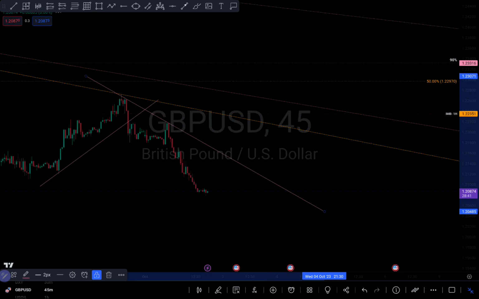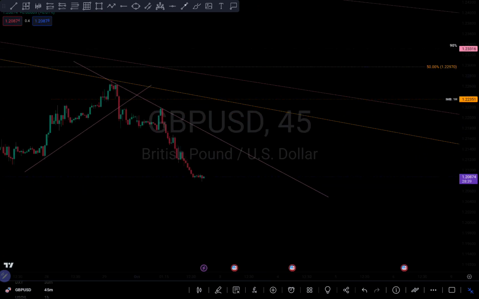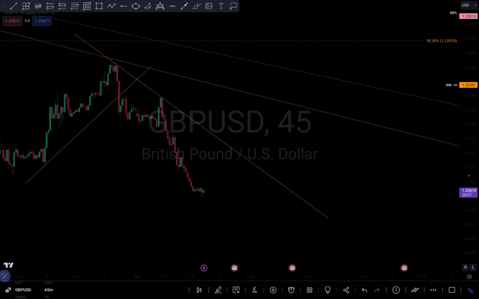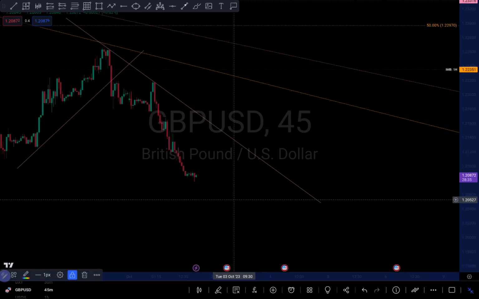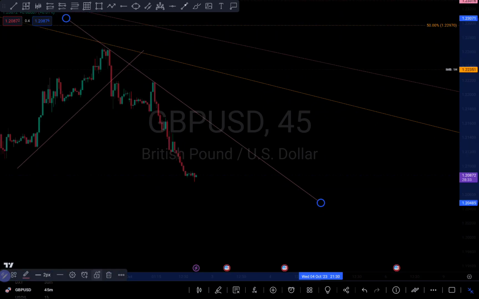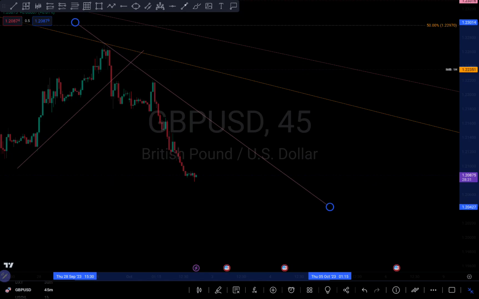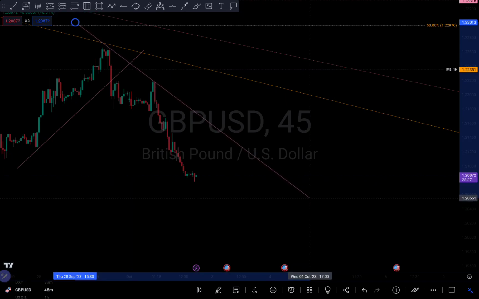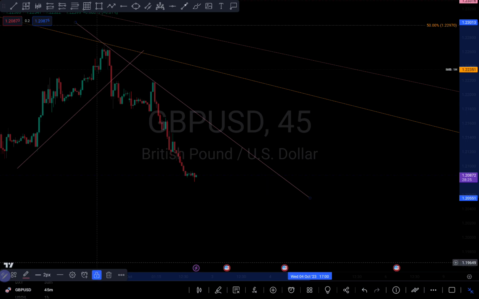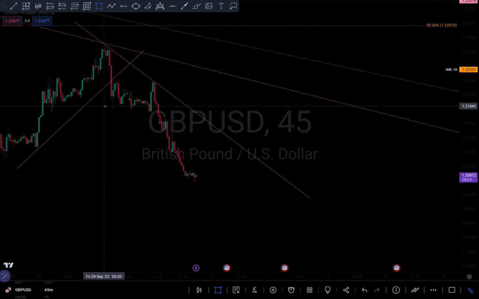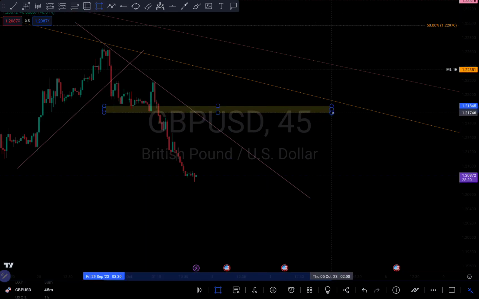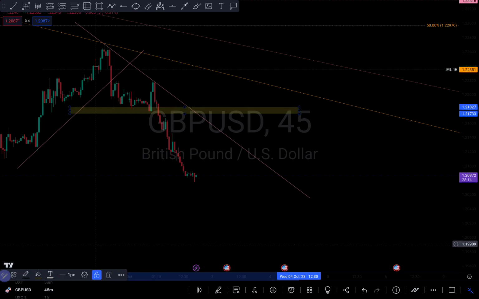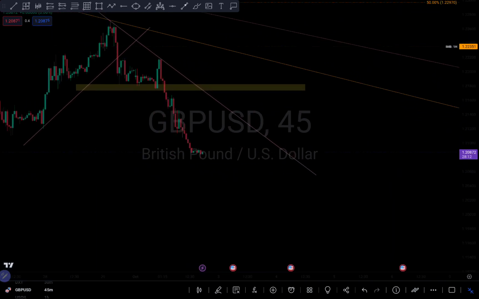So this is why I like top-down analysis, guys. It just simplifies what happens. It breaks it down and simplifies it. And that is why I think top-down analysis is the best when you're analyzing, because it simplifies the charts for you. So now what am I looking for? This is a zone, a point of interest, right there,